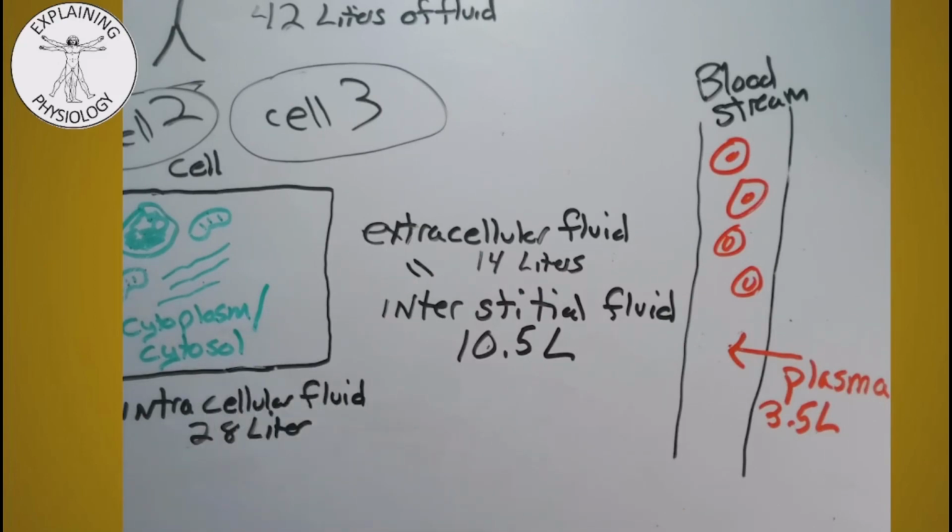Now what's going to happen, and we'll talk about this with diffusion and osmosis, is we can have movement of fluids from one compartment to the next. We can have movement of materials from one compartment to the next, but they're basically going to have to cross a boundary. And so for it to go from extracellular fluid in the interstitial space inside of the cell, it's going to have to pass through the cell membrane. So the fluid needs to flow through. The things within, maybe ions, need to be able to pass through the cell membrane